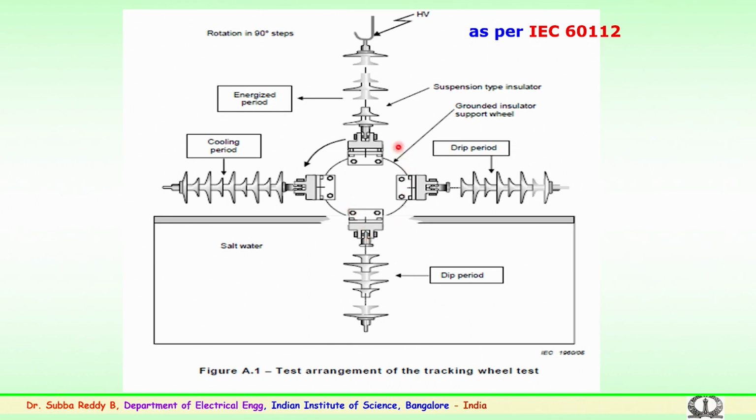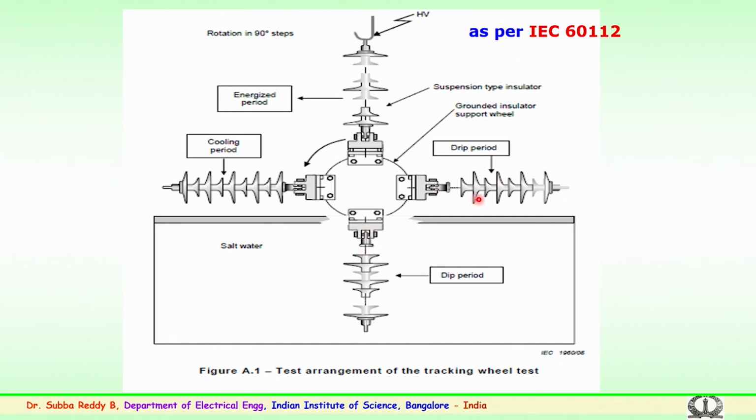In this rotating wheel, as per the standard, 40 seconds is the dip period in the contaminant. After 40 seconds, 8 seconds is the transition from the dip to the drip period. So, from here to here is an 8-second transition, and it comes horizontally here and waits